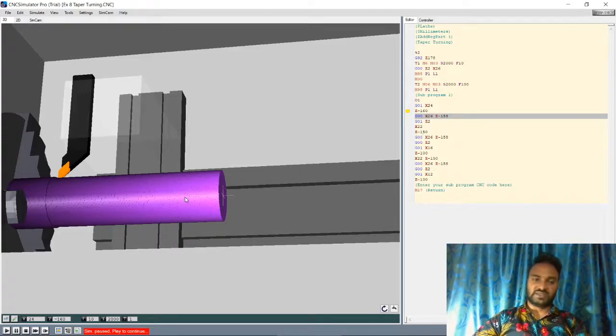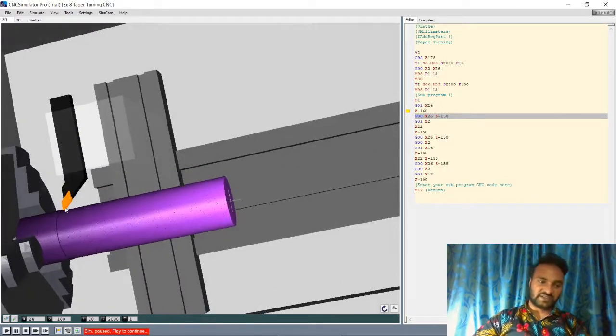Length is 160 in the negative Z direction. Then from here I will take some distance off in X quickly, and then take the tool quickly from here to here. Then I will give some more depth, and then I will take 2. So it will go like this.